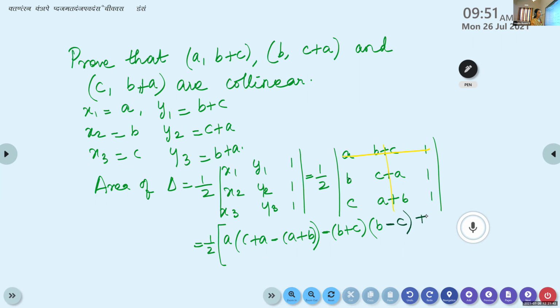What about the third row, third column, this plus 1 into... Anila Mohanan, complete that one, plus 1 into...